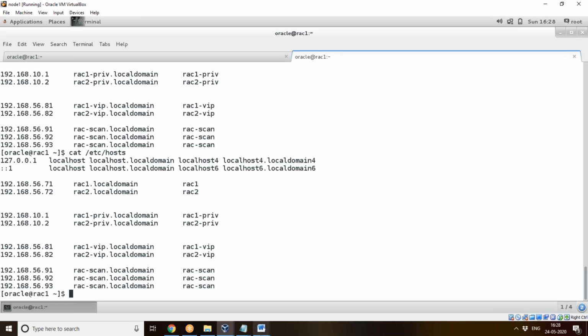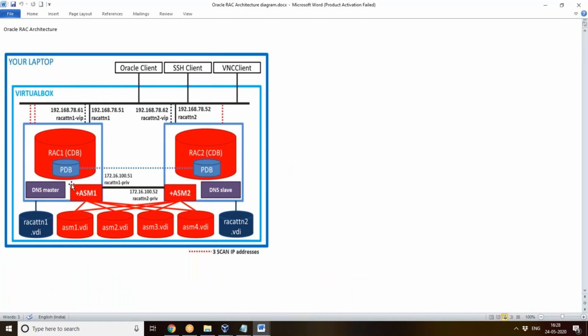Next one is private IP. So what is the use of this? See, whenever the instances want to connect between themselves, you call it inter-instance communication or private connect. Okay, so this should be very high speed rather than your public IP. This is expected to be faster than the public IPs. So these are the private IPs. Okay, because you want the user not to feel that there is some slowdown in the response time also.